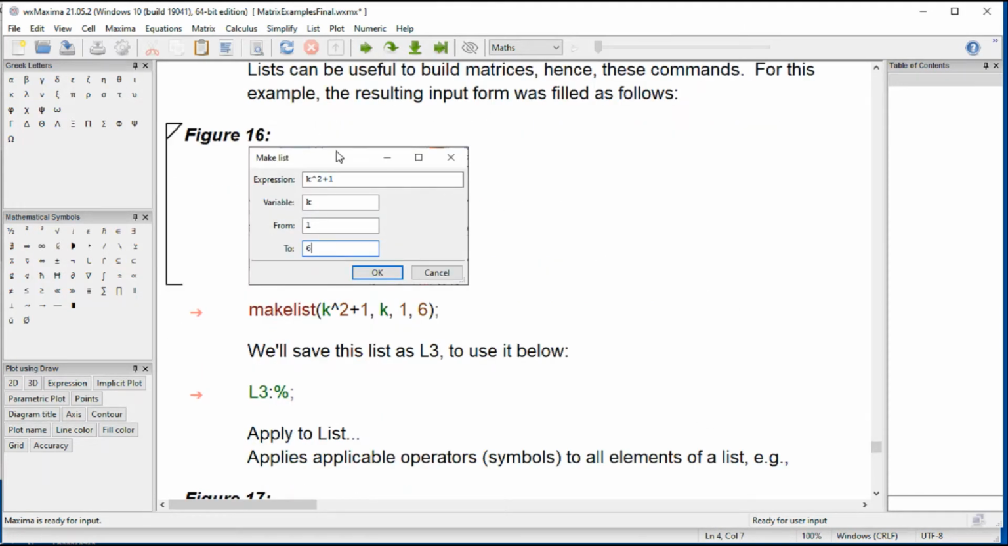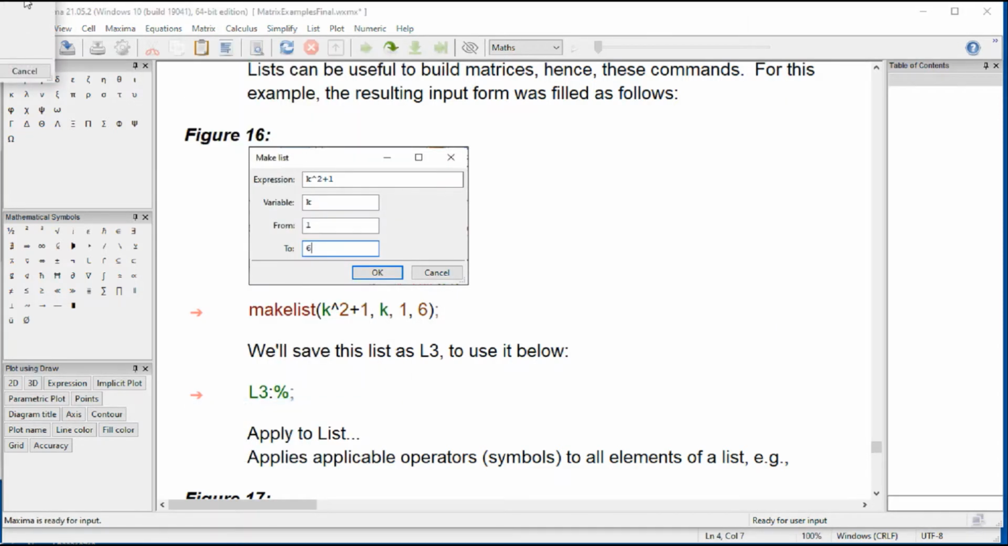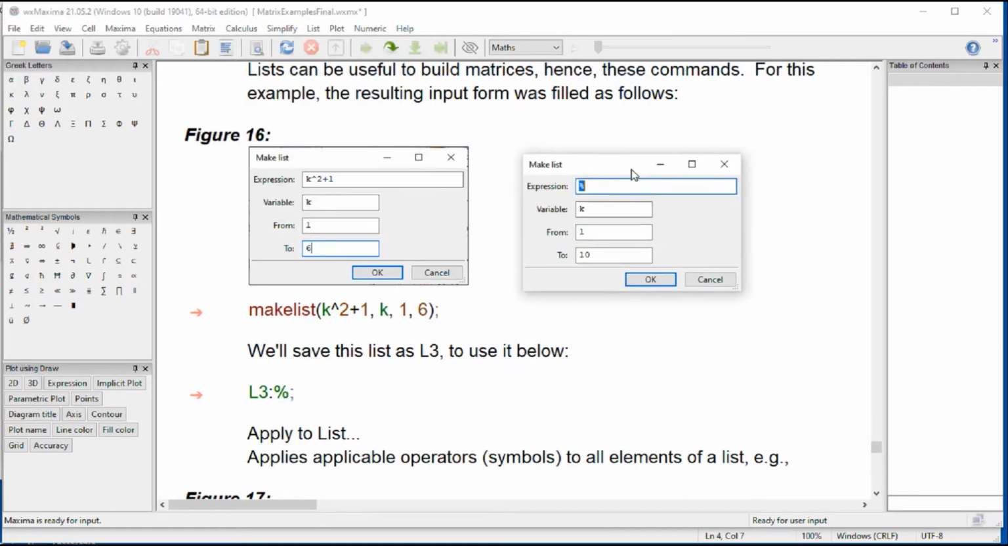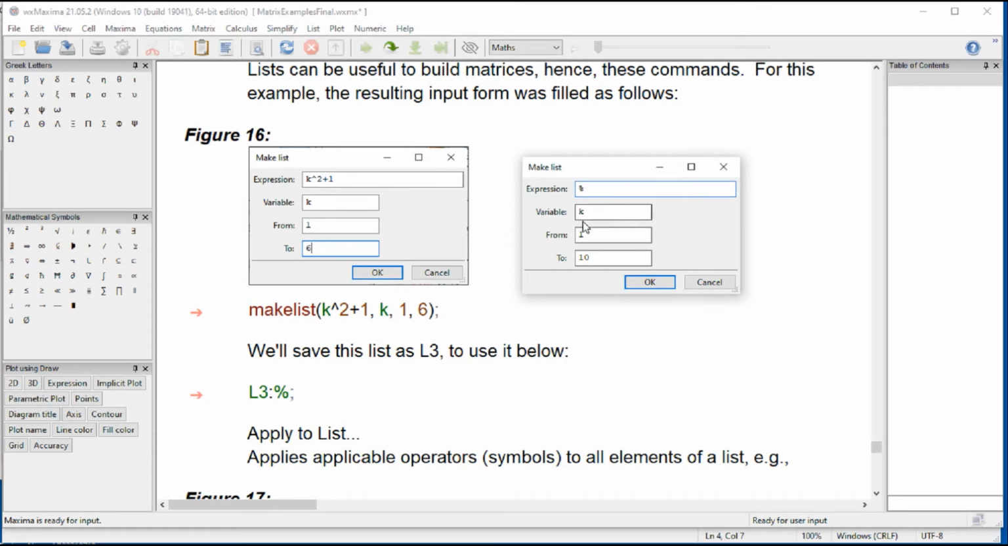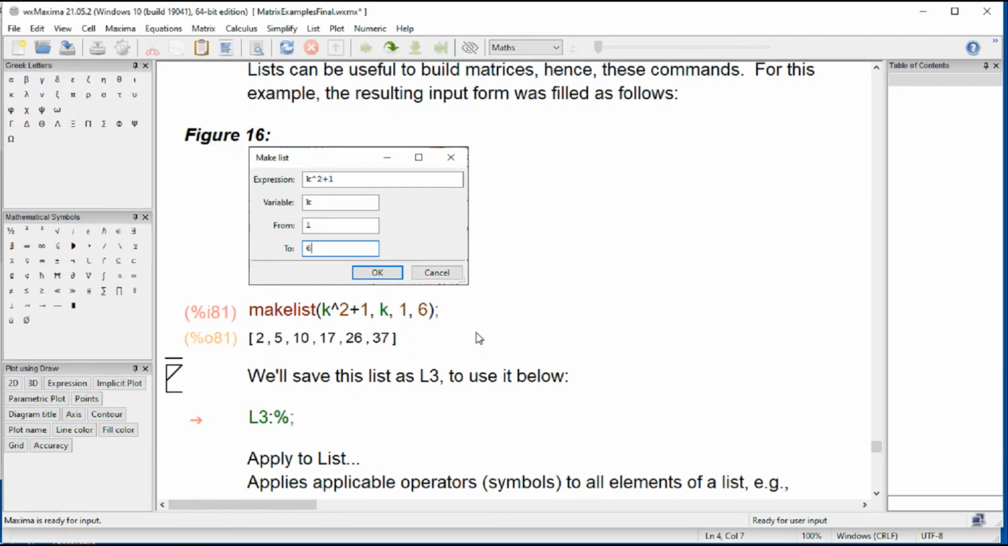So the make list command provides an entry form where you can enter an expression based on the index variable. I use k² + 1 there, and it gives you by default 1 to 10. You can do 1 to 6 as I did here, and it gives you this make list command. It provides a list, and then you can incorporate that as a part of a matrix if you want. I'm going to save it in L3,